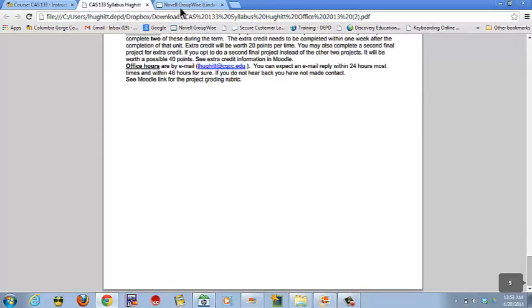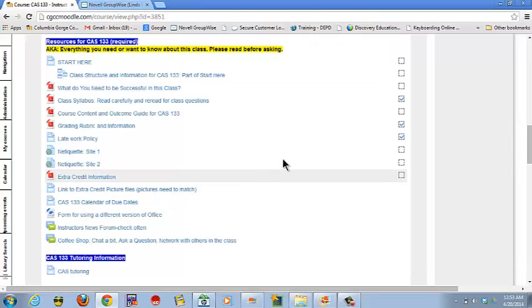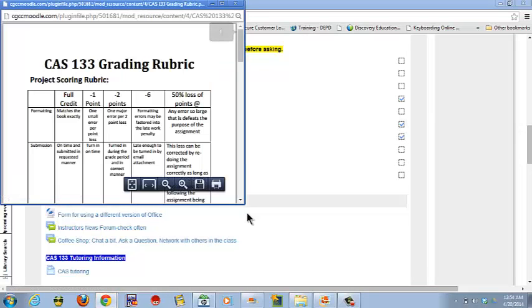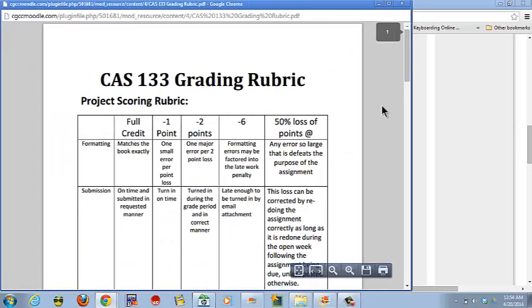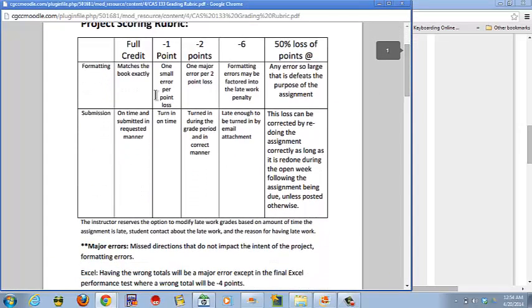Oh, gives you some ideas on the syllabus that's important to read and know. What else do you need to know? Well, the grading rubric is a really important one to know. That kind of gives you an idea of what I'm looking at for grading. If it matches exactly, if it's on time and submitted the way it's supposed to be submitted, you should have full credit. If you have some small minor errors, it's usually 1 point per error,